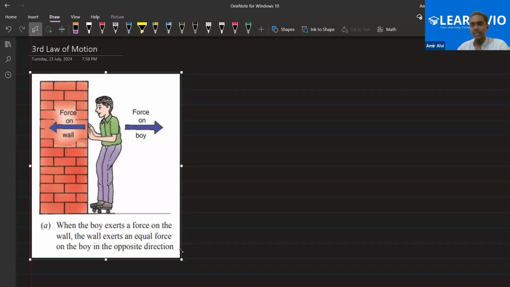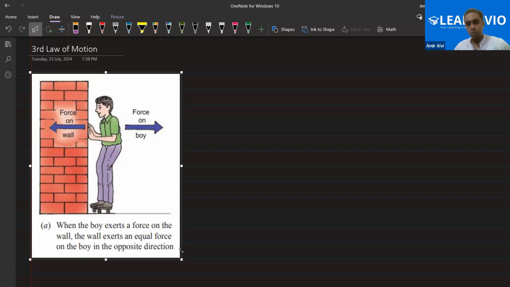Everyone has seen this in the movies, in real life as well. So every action has an equal and opposite reaction. In simple words, if I'm doing wrong, the same will happen to me at some point of time. I'm not saying that in the real world it will occur instantly, but after some time. That's the simple line based on the third law of motion. Clear, everyone? This law is very simple, there is no numerical, only conceptual points.